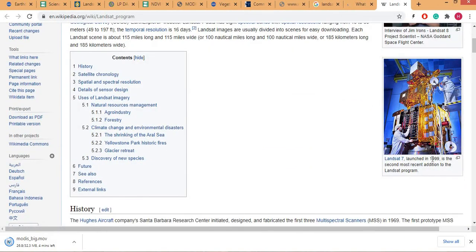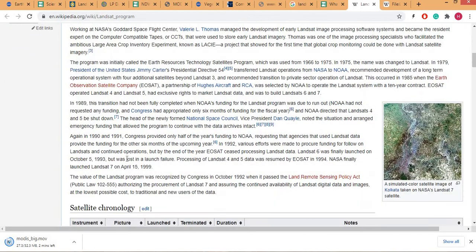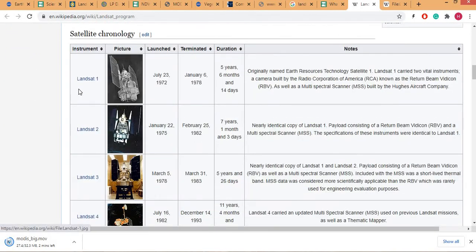So this is Landsat 7. It was launched in 1997. This is the main satellite, and here is its history, and this is Landsat 1, starting from 1972. And its duration was 5 years and 6 months and 14 days.